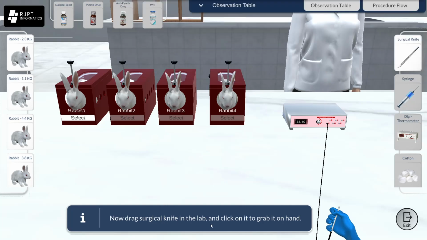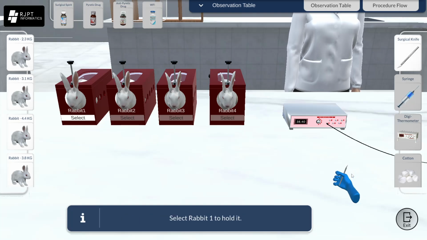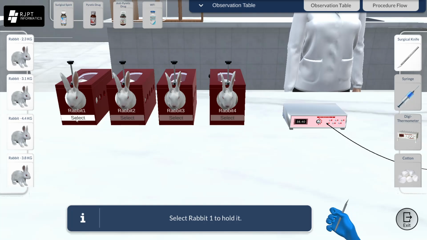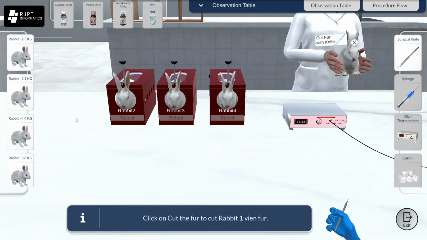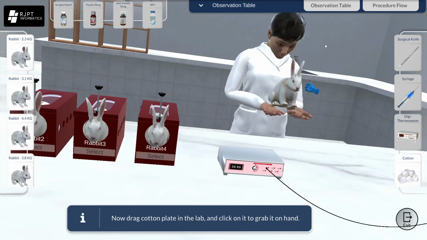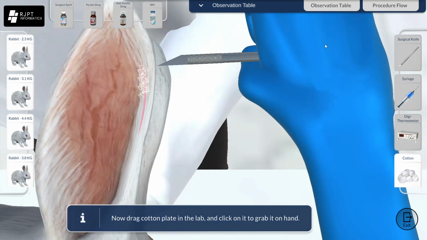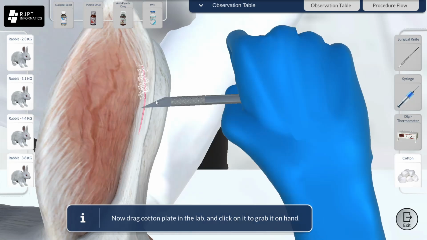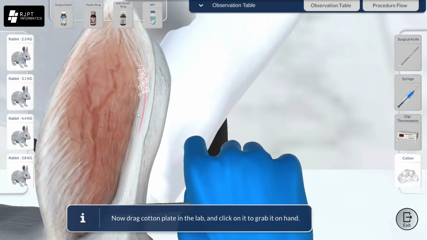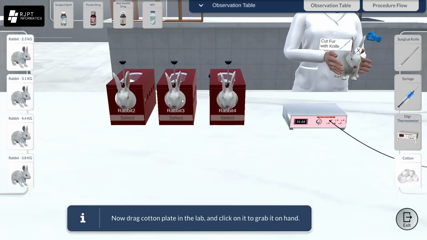Now drag the surgical knife into the lab and click it to grab it in hand. So we will click this, and then the knife is placed on the table, and we will grab it by clicking it. As we can see, we have grabbed our knife, and we will select our first rabbit. And now we will cut the fur with the knife. We will cut the ear fur so that a vein is visible. As we can see, by cutting all the hairs of the ear, this is the marginal vein